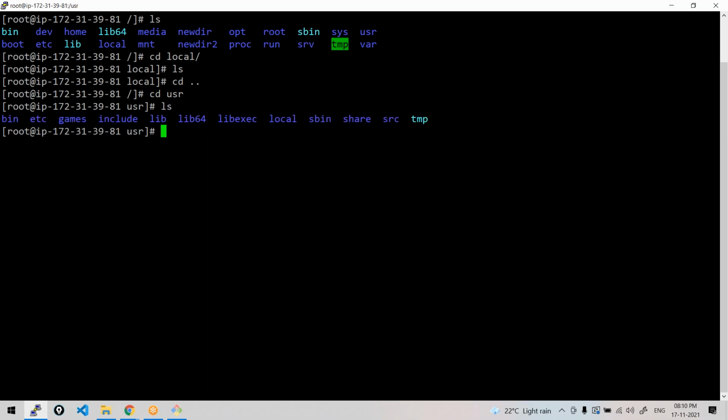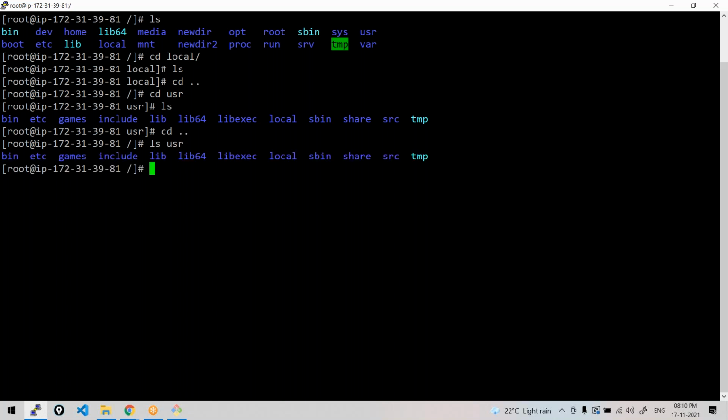There are some subdirectories here in the system, like in the usr directory. If you want to check the contents or list the files of any particular directory, let me come up. I am under root. Now let's say I want to list all the files in this usr directory. You can just do ls and the directory name.